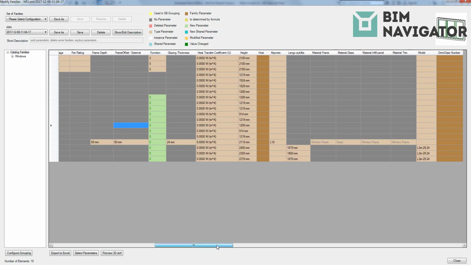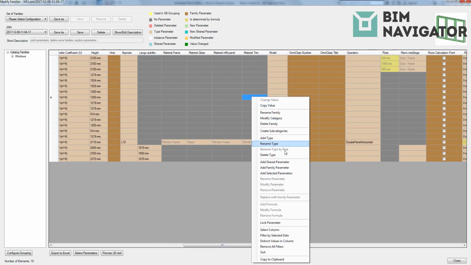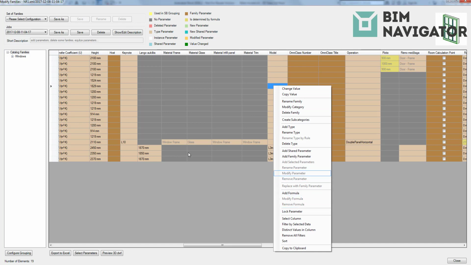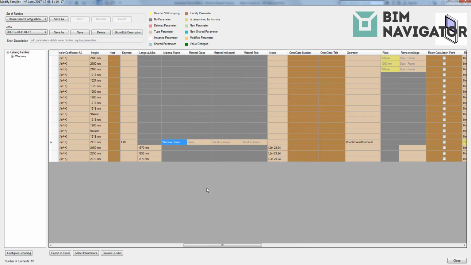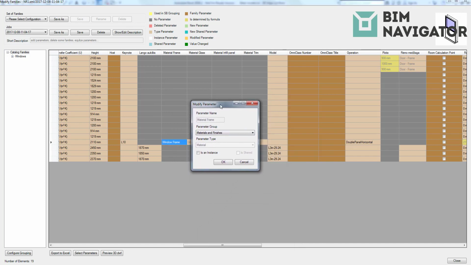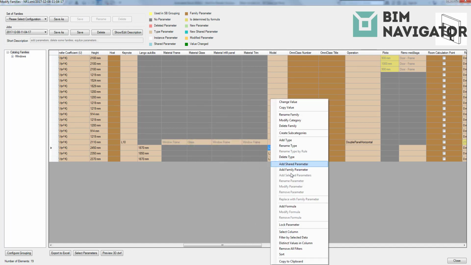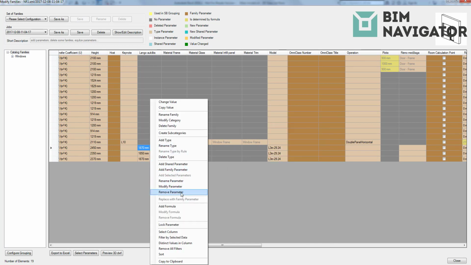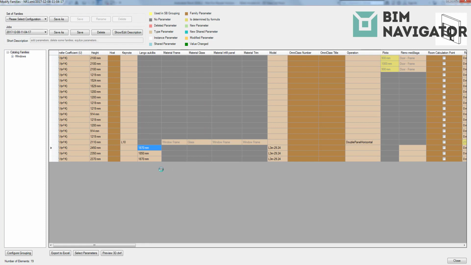Yeah, what else we can do? We can easily modify the parameter. So what kind of modifications can we do? We can change from type to instance, from instance to type. As well, we can change the parameter group. And for some reasons, we can remove parameters if they are not needed. So we can just easily remove those